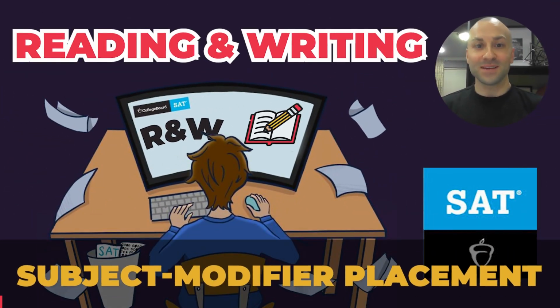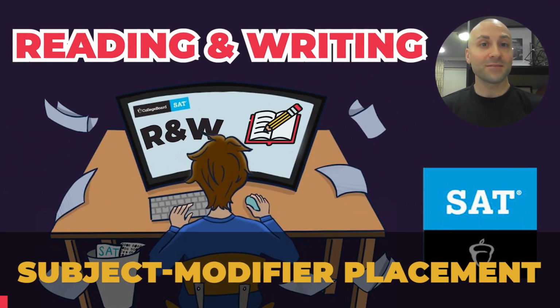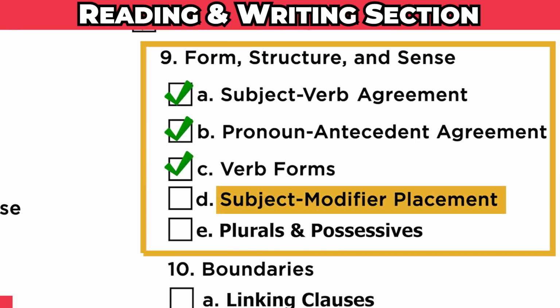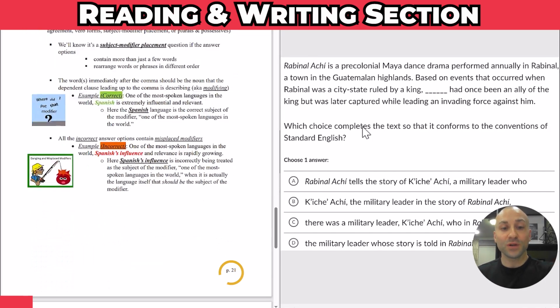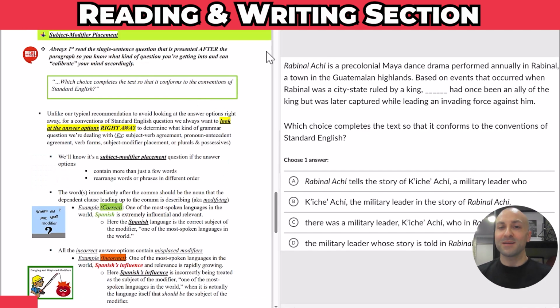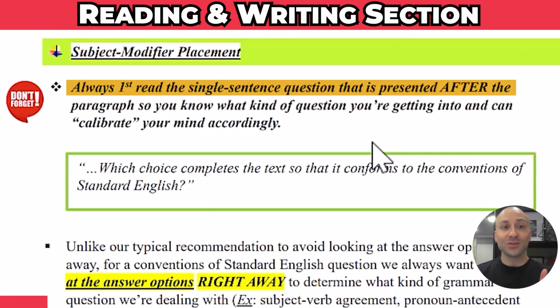For our next reading and writing lesson, we're on to subject modifier placement, which is the fourth of 5 subcategories of form, structure, and sense, the 9th overall theme of the reading and writing section. Subject modifier placement is on page 21 of our Triple T document. So by now you're very comfortable with the fact that we right away go ahead and read that single sentence